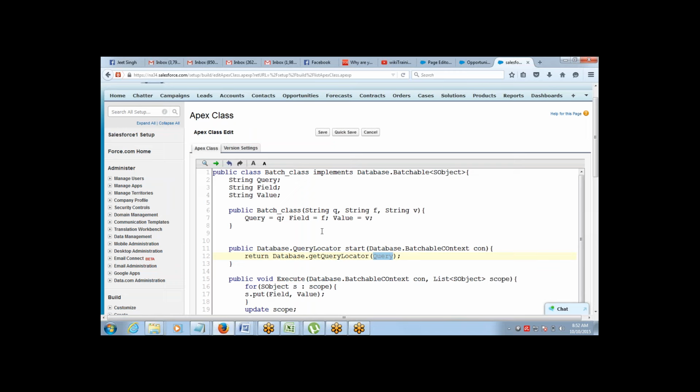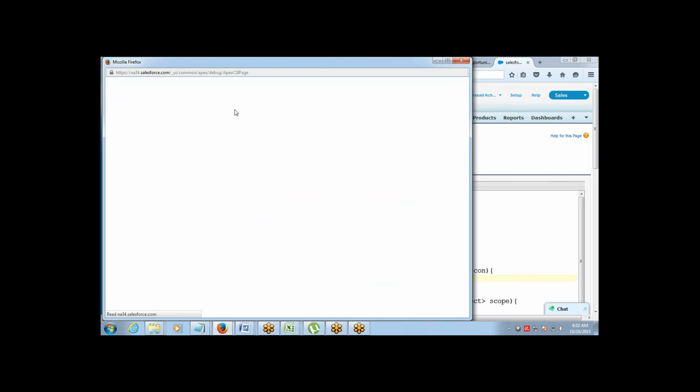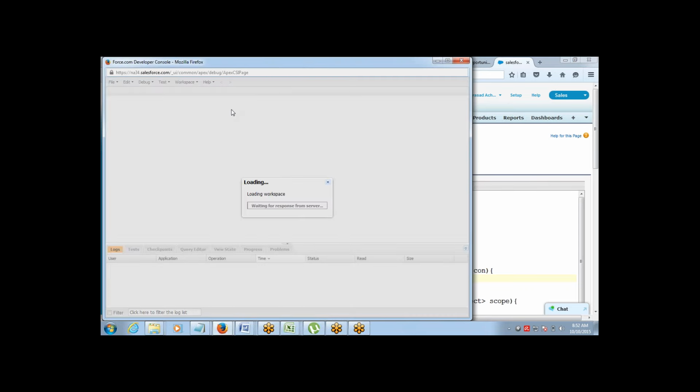This is not stored code, not something saved anywhere. So what is the terminology we use for any code which is not saved? Anonymous code block, right? So go to the developer console and there we'll write an anonymous code block.